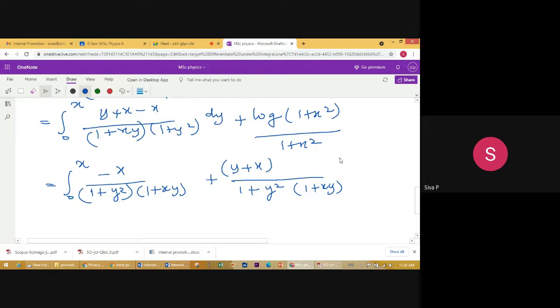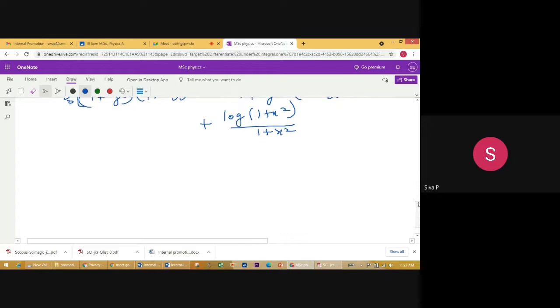Okay, into dy plus log 1 plus x square by 1 plus x square. Therefore,